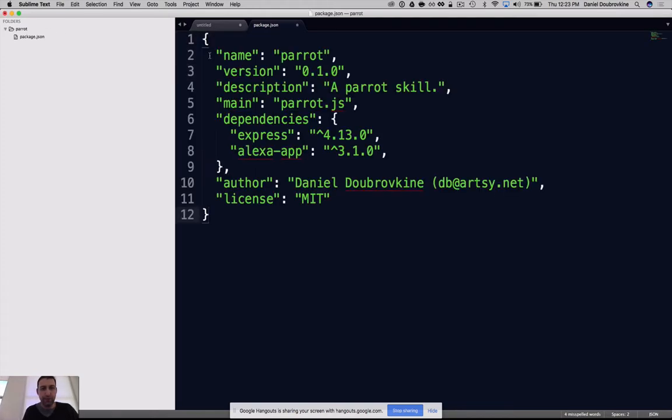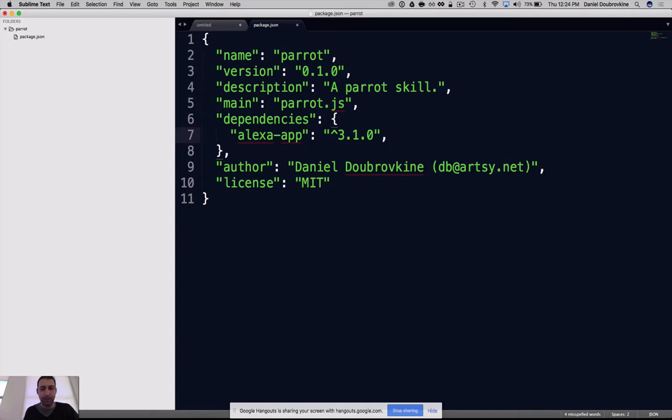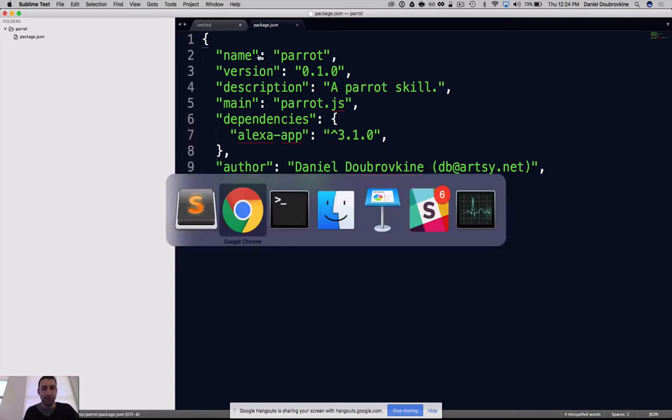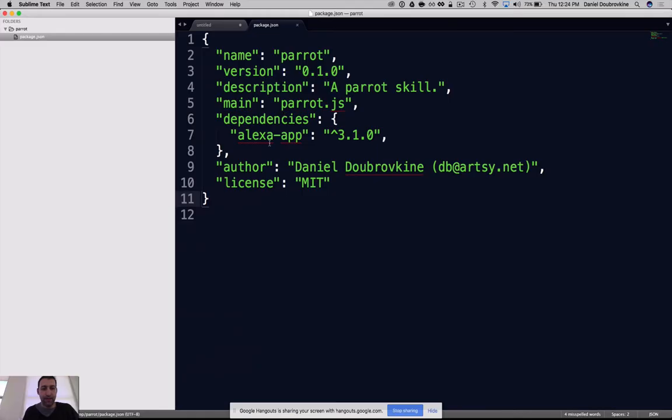I'm going to stick a bunch of stuff in it. It has a name, a version, description, some kind of entry, and a couple of dependencies. So we're going to use this Alexa app dependency. We actually don't need Express, and license, whatever. So let's add